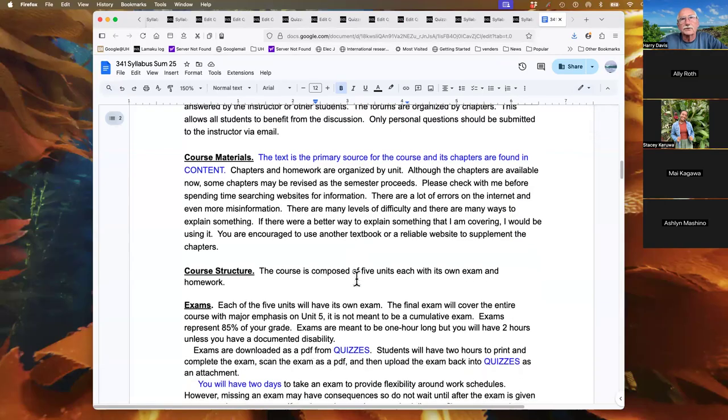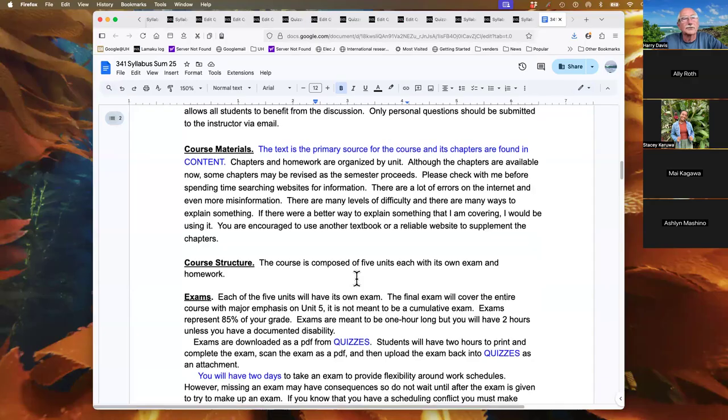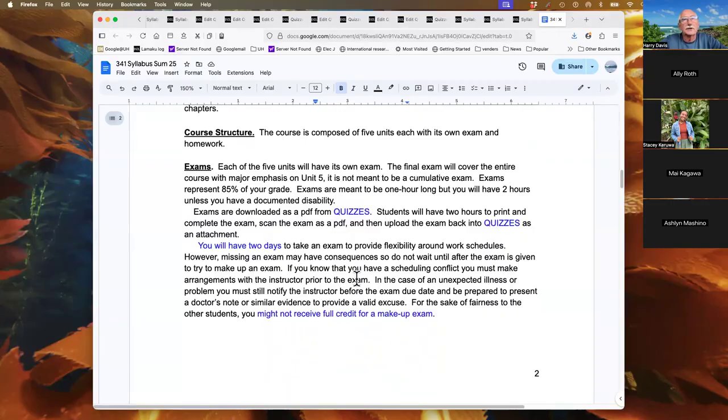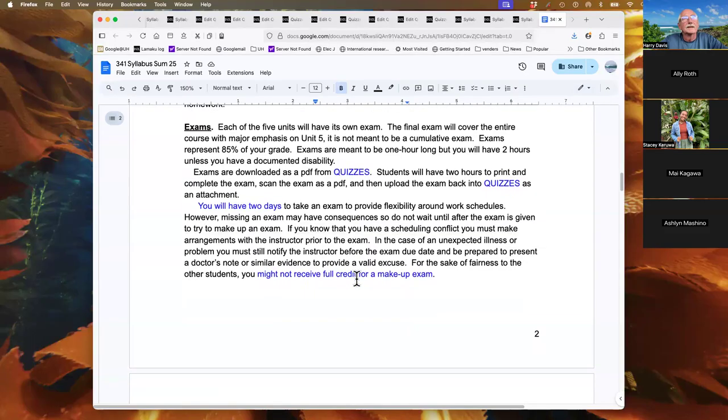So the course materials will be under content. I'll show you that in a minute. So we have 5 units, each with its own exam and some homework. So exams, I'm having trouble with this, but my concept is to put the exams in quizzes. And so when you're ready to take the exam, you just open up the exam and download it, and that starts the timer. So you'll have 2 hours to complete the exam, scan it, however you're going to do that,